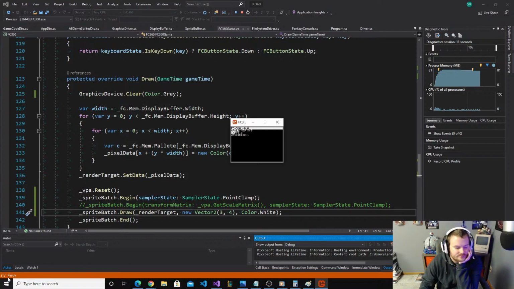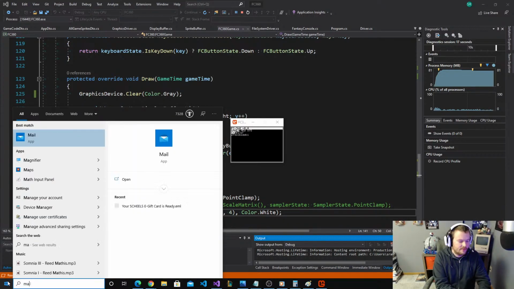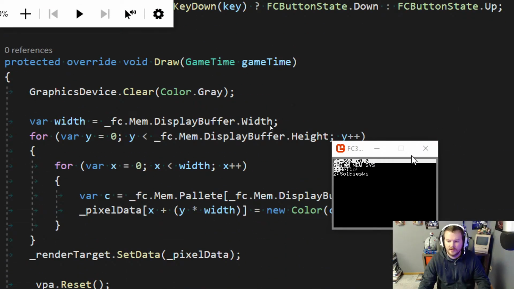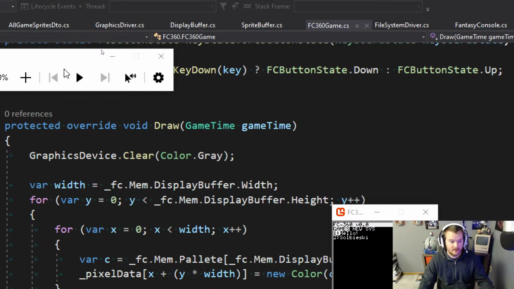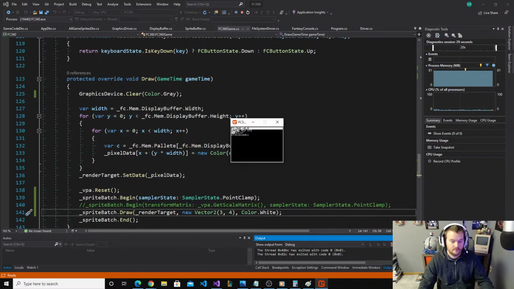I wonder if I can do the zoom on this. Magnify, is that what it's called? Yeah, whoa, hello. Yeah, I want to get out of that. All right. So,